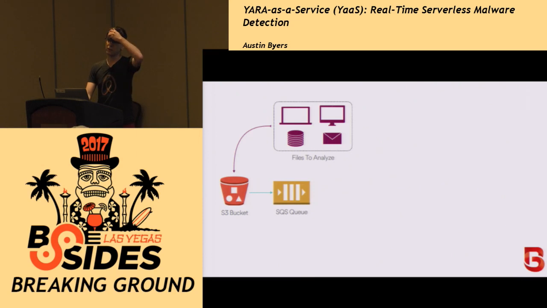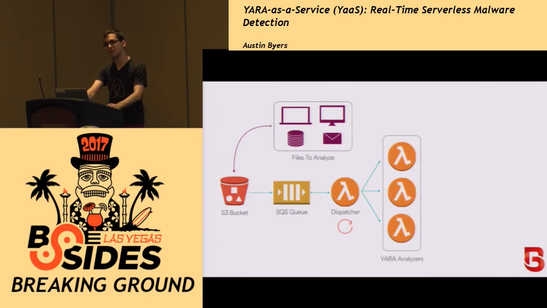We're going to pull it into a queue, which will be grouped into batches and parallelized, sent to multiple analyzers. So each of these orange circles, that's a lambda. That's like a unit of computation. That's the serverless component I was talking about. Those lambda functions run. The dispatcher runs every minute, and the analyzers just run when they're told to. So if nothing's happening, if you don't have any binaries, nothing's running, other than, I guess, the dispatcher, which is just checking the queue. But for the most part, nothing runs until you upload something.